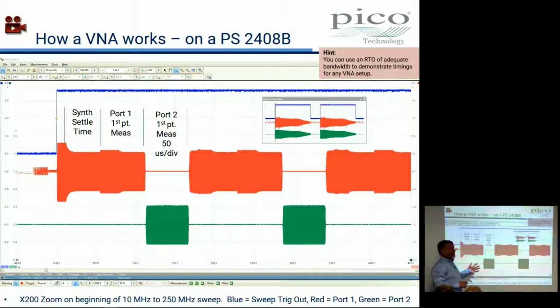This is a good scope. We can use these wonderful Pico scopes with huge memory. This waveform here in the zoom window, this is start of sweep. It's a sweep trigger signal coming out of the back of the VNA. Start of sweep. And that's the end of sweep. And on this